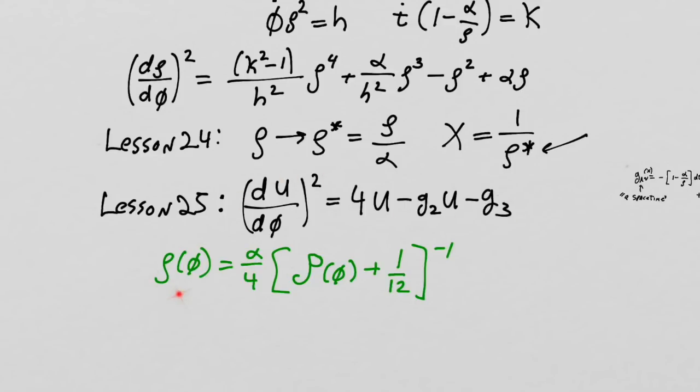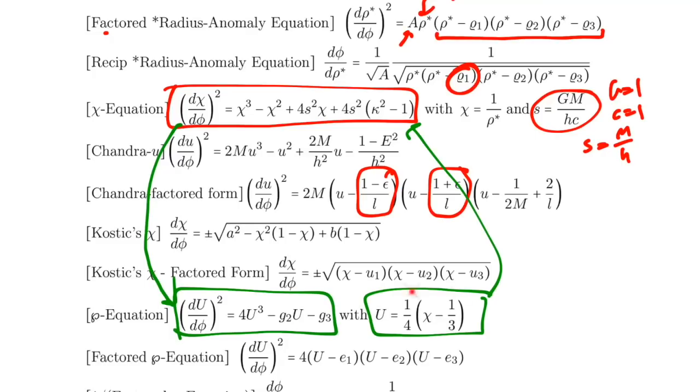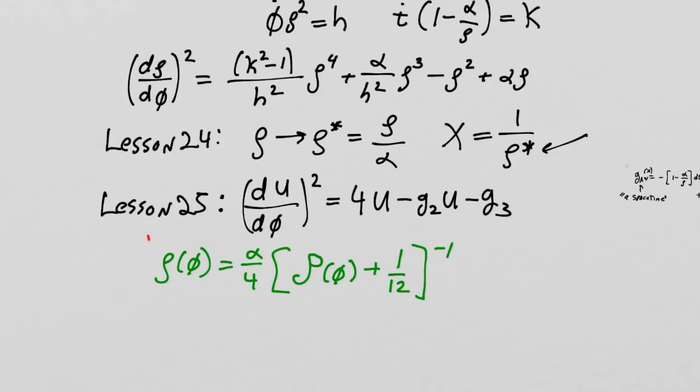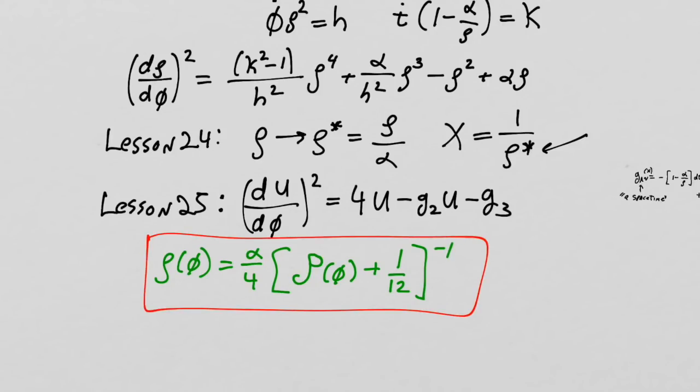This differential equation ultimately led back to this. And it took a few reverses, right? We had to reverse this substitution here. We had to reverse the substitution for u to replace it with chi. Then we had to reverse the substitution for chi right here. First we had to reverse this, then this, and then we had to reverse rho star back to rho, right? And when we do all those reversals, we ended up with this expression right here, which was our first real